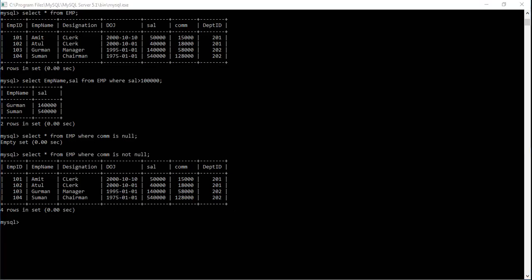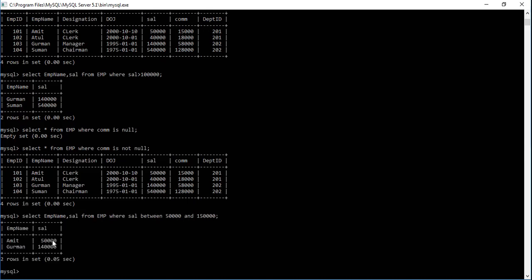Then next part is regarding between clause. Now if you want to give a range like salary between, so I'll use that same statement, salary SAL between, let's give a range 50,000 and 1,50,000.